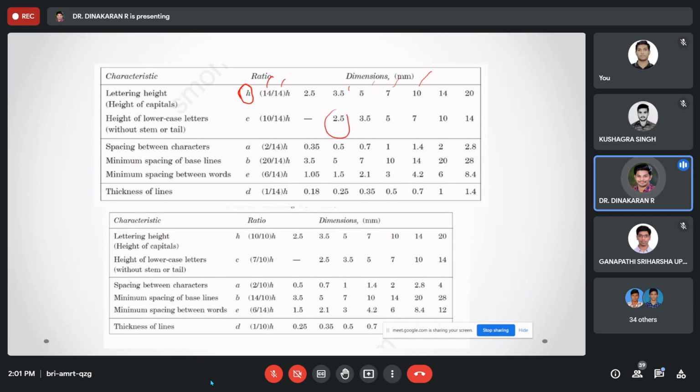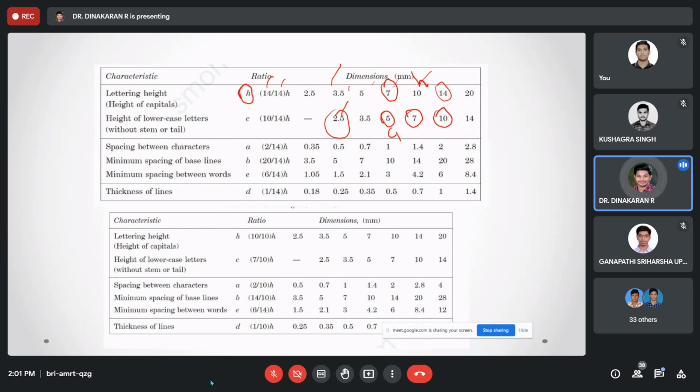You see the height of lowercase letters. Is this C1 or C2? C1. If they give 3.5, you take 2.5 as the height of the lowercase letter. If they give 7, the C1 value is 7. If they give H as 10, C1 is 7 mm. If H is 14, we need to choose 10 mm.